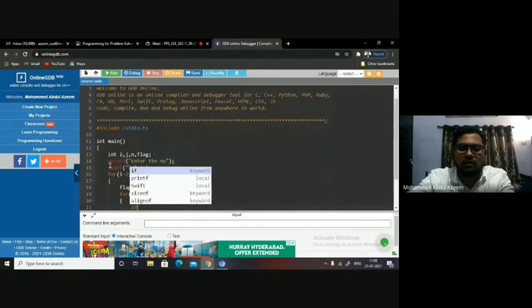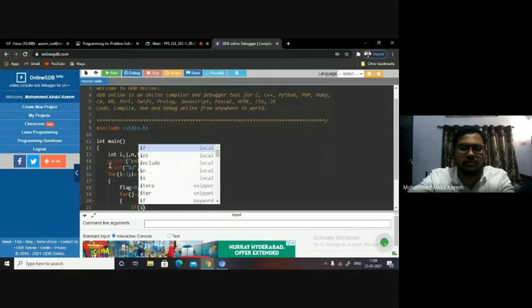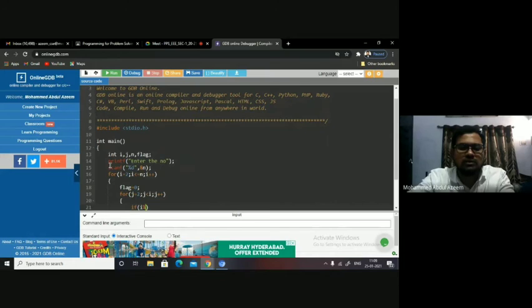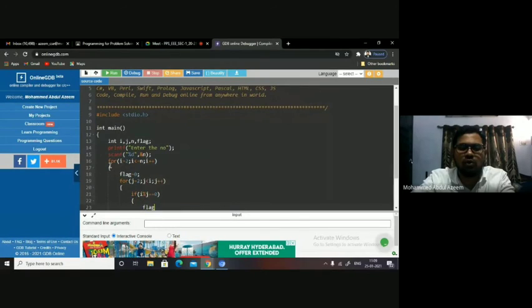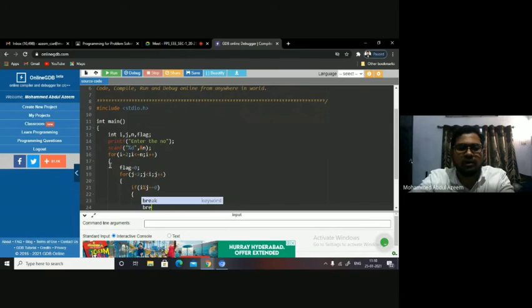Now here you are going to first perform the operation for all such I division. The number is I, right? I mod j, for all such divisors between 2 till I minus 1 which we have taken in j: I mod j equal to 0. If the remainder is 0, then you change the flag value to 1. And I'm using a break statement here, because when I find for any one of the divisions the remainder is 0, I need not carry out the further divisions.